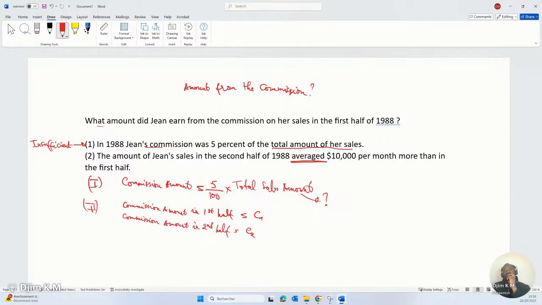So that simply means that this is equal to